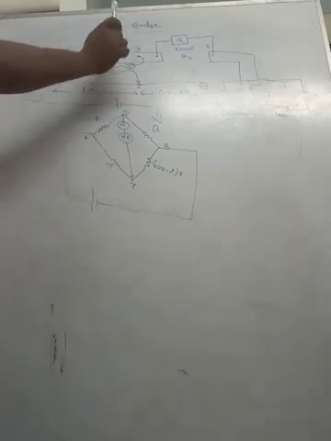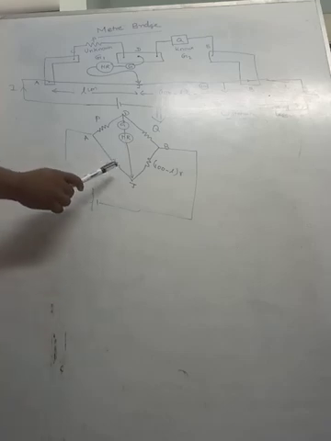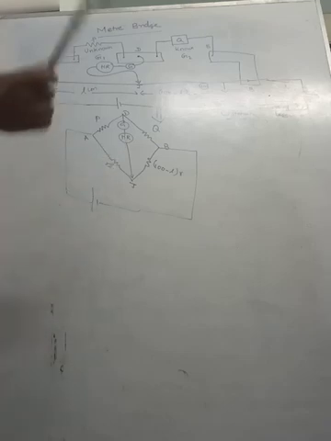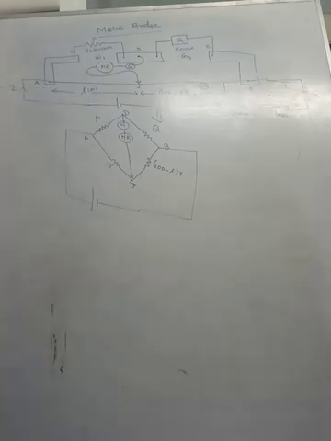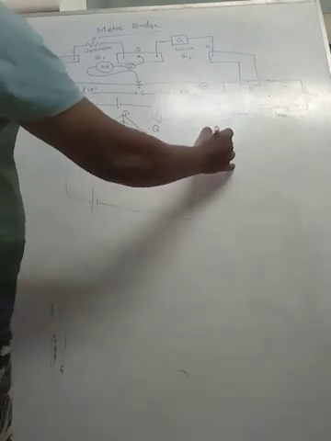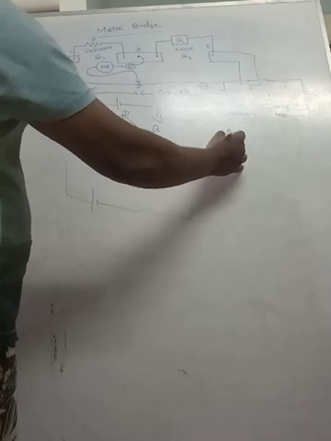Sometimes they may give the meter bridge circuit and ask you to draw the Wheatstone bridge circuit. Sometimes they may give the Wheatstone bridge circuit and they will ask you to draw the meter bridge circuit. Understood? So now let us move on to the balance condition. Already we have derived the balance condition for a Wheatstone bridge. According to the balance condition, P by Q is equal to